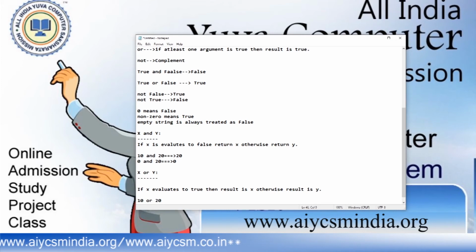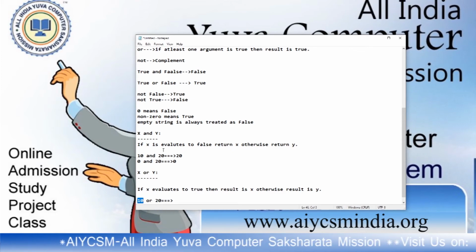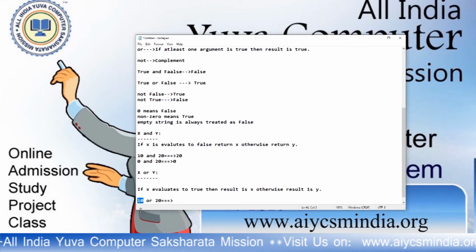What is the logic? This is the x value and this is the y value. If x evaluates true, 10 means true because all the non-zero elements are true, then the result is x. In AND, if it is true it returns the y value, but in this case it is just the opposite.